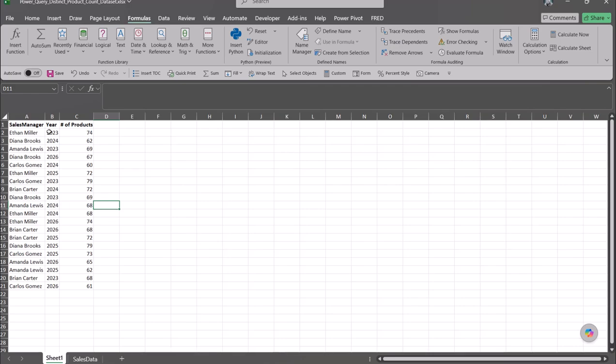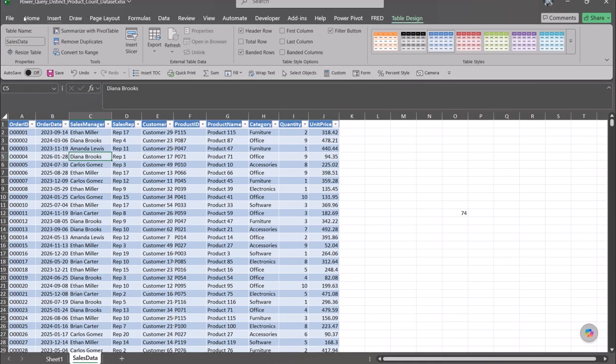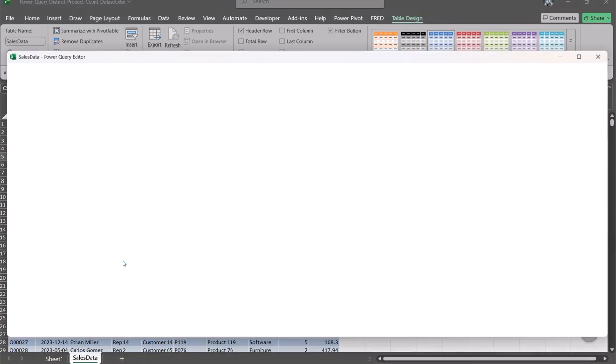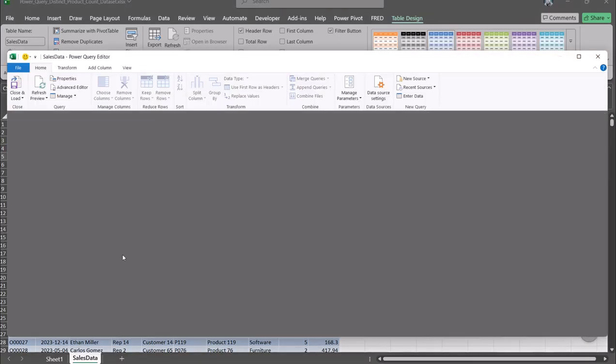So now let's go over here. Let's load this data into Power Query. It's already formatted as an Excel table, as you can see by table, and I named it sales data. So we could do a right click, get data from table or range, and as Power Query opens,